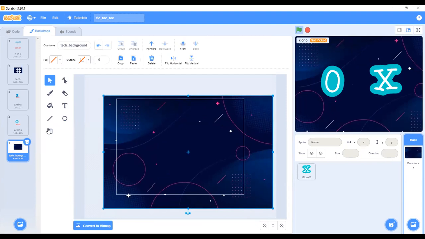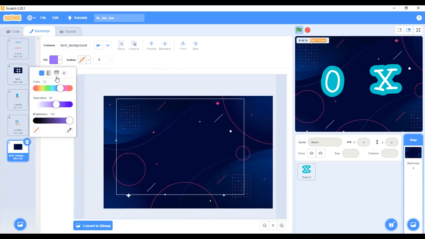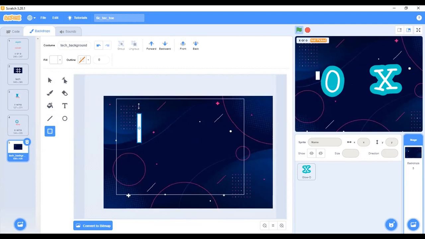And then I come to this pen tool and draw, select, come here, make it white, and just draw. When you draw, to make it the same shape, come to copy, click on it, paste.